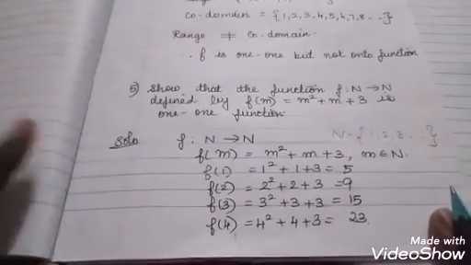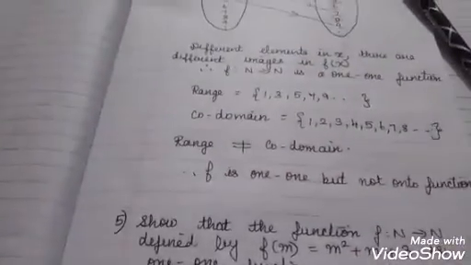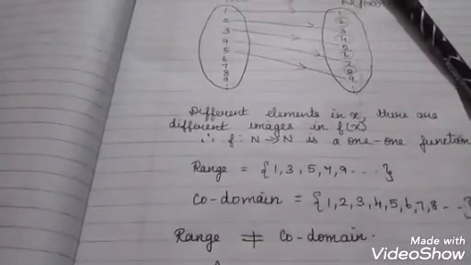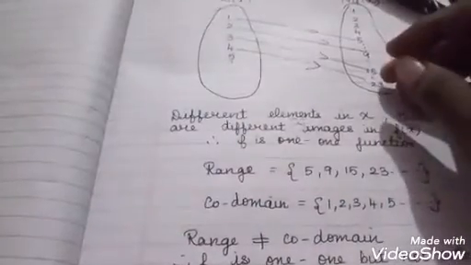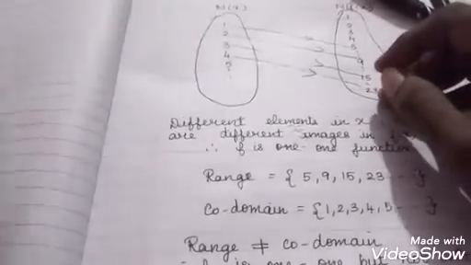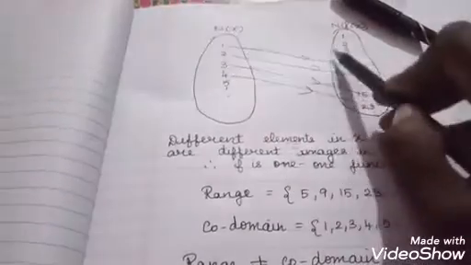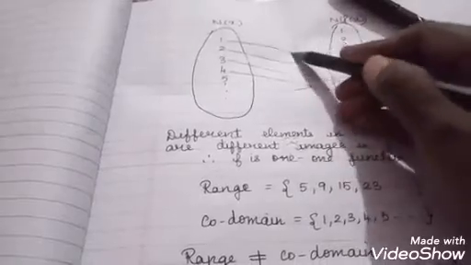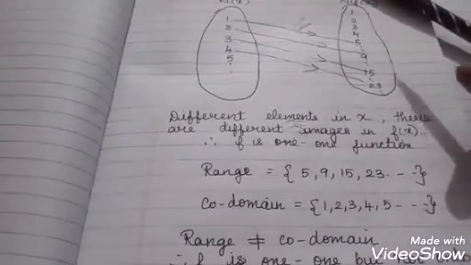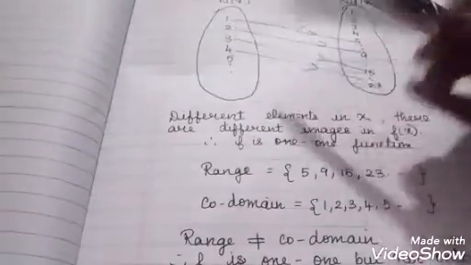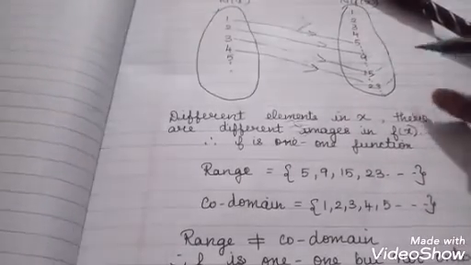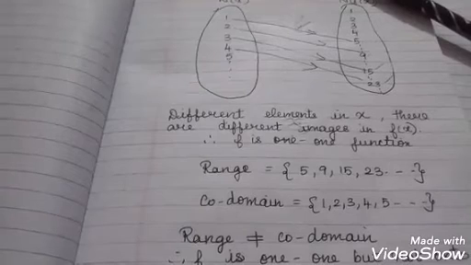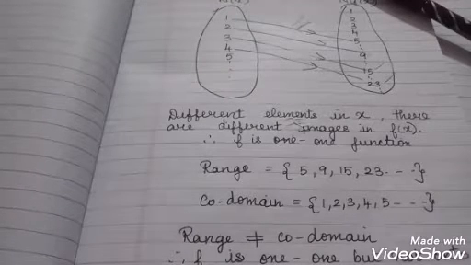It goes on here, since it's a set of natural numbers. Now we'll draw the arrow diagram and then we'll check whether it is a one-to-one function or not. Here I've just written f of x, so this one is nothing but your f. I have written 1, 2, 3, 4, 5, etc., and here again you have 1, 2, 3, 4, 5, etc. In between I have written 9, 15 and 23, whatever images I have got, etc.